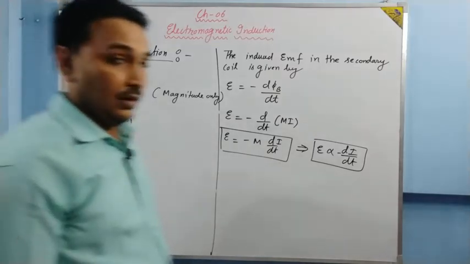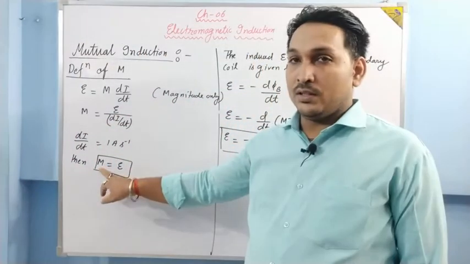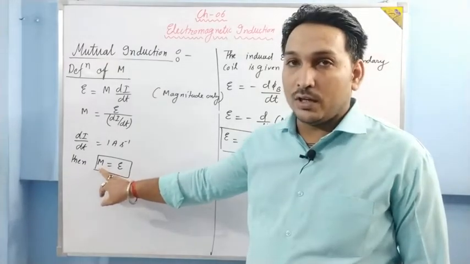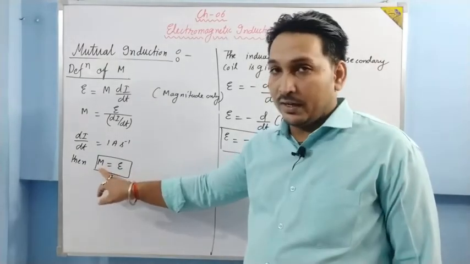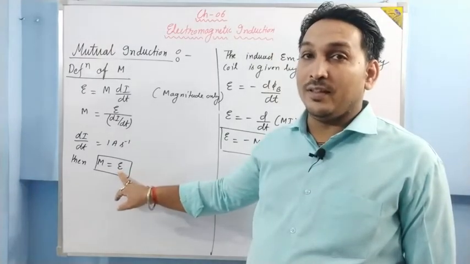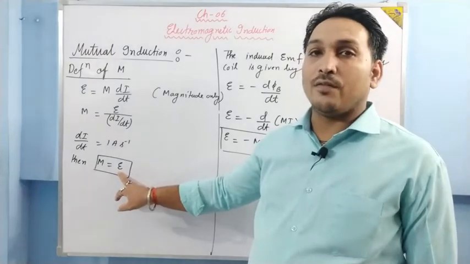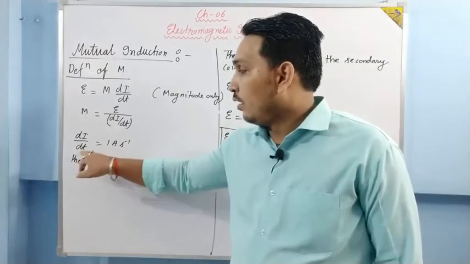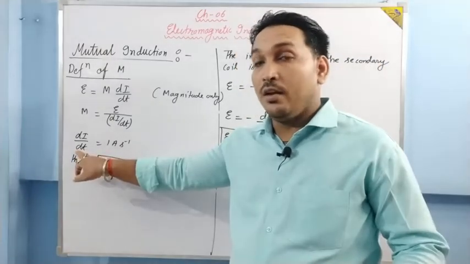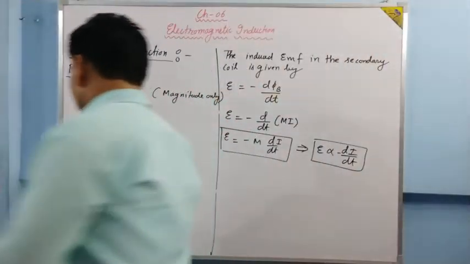Once again, let me come into the frame. Mutual inductance of a pair of coils may be defined as the induced EMF in the secondary coil when the rate of change of current in the primary coil is unity. So we should write,